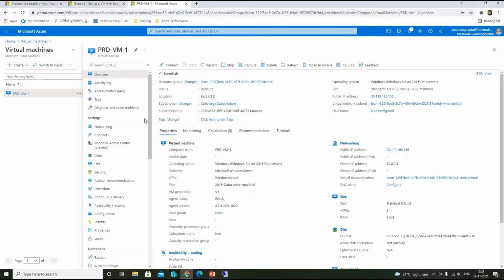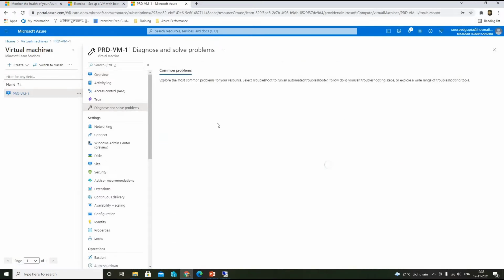There are two ways you can install it. One is from Diagnose and solve problems. From here you can click on this pane, this blade, and you have to wait for a couple of seconds for the pane to open.